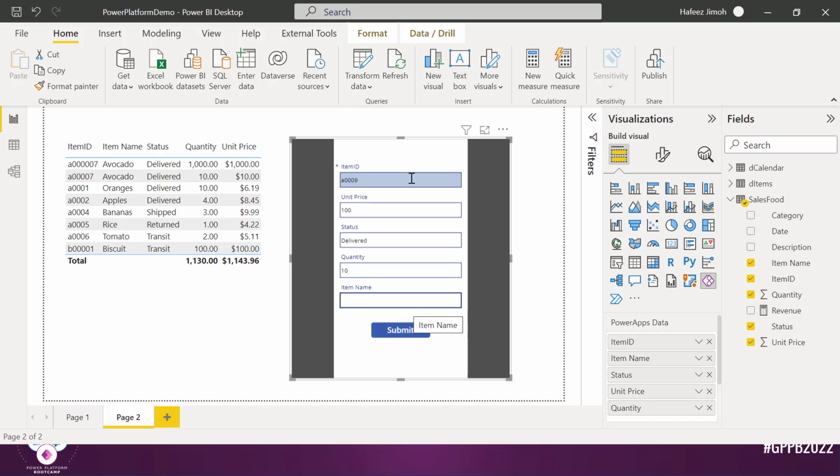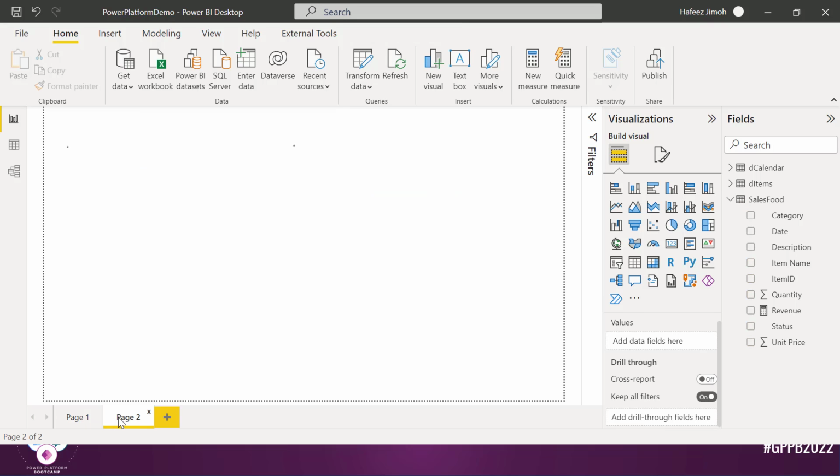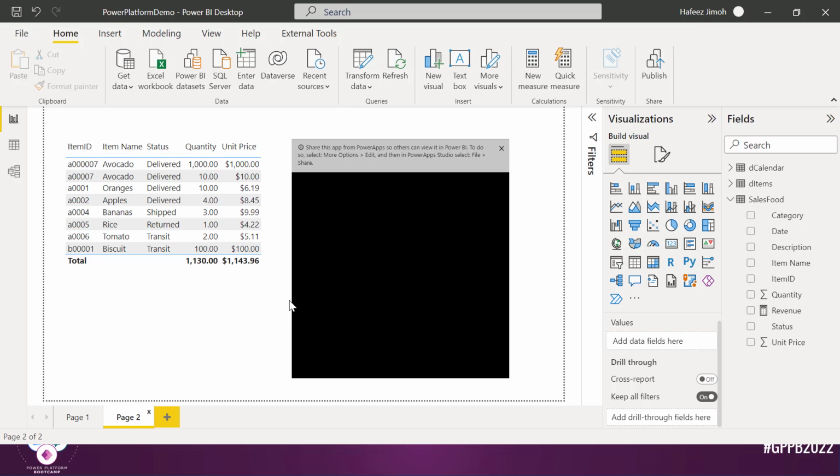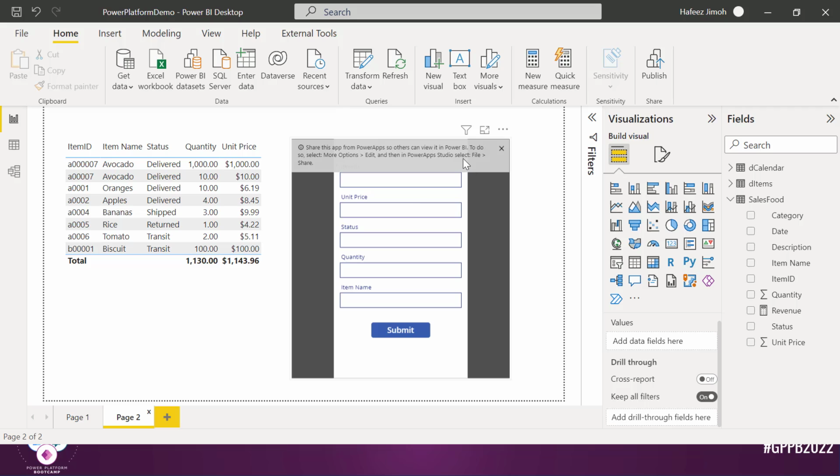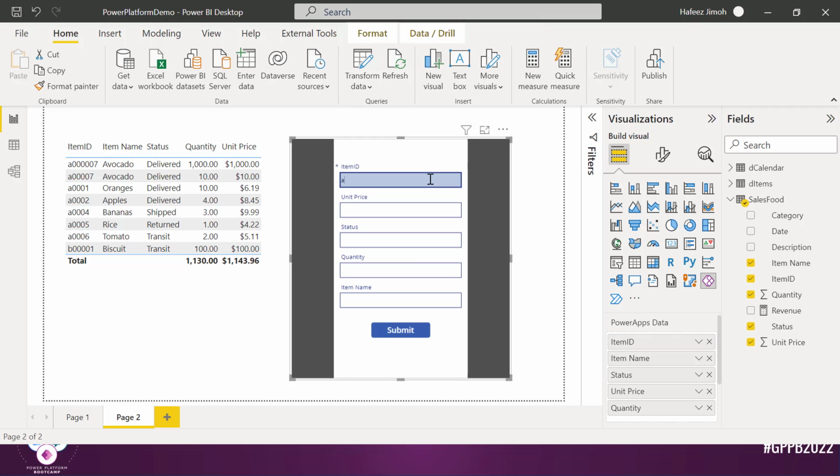An item name, let's add pear. I think I should not have, let's just do it again. Item ID is 008, unit price, let's call it 100 bucks, delivered, quantity 100, and we have here. And we click on submit, but I don't think